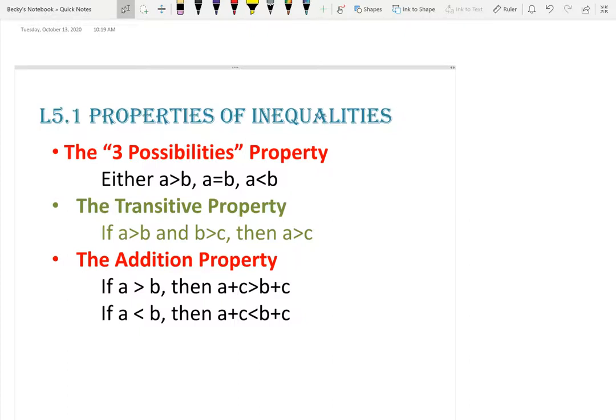Today we're going to start chapter 5, and this is a very short lesson. Normally I do lesson 1 and 2 together, but we're going to keep them separate this year. So these are just properties of inequalities. We're moving away from things that are equal to inequalities, and we're finally going to be introduced to the